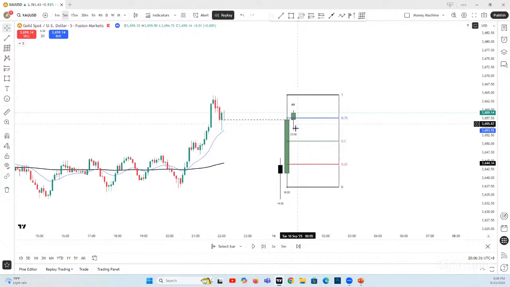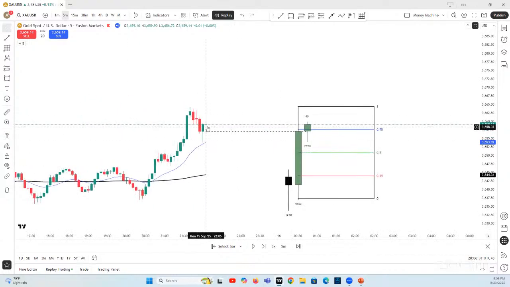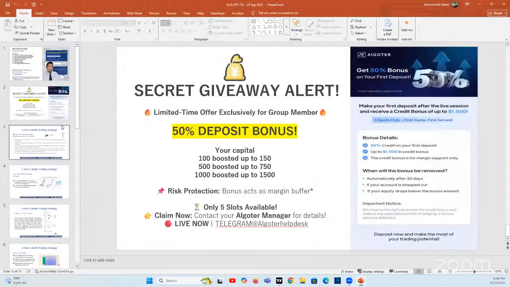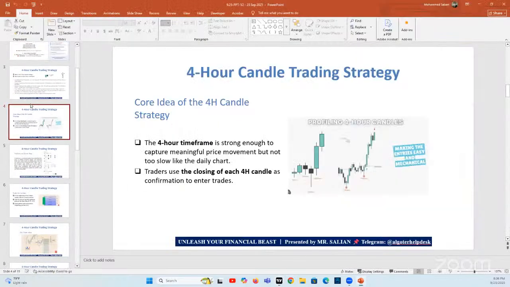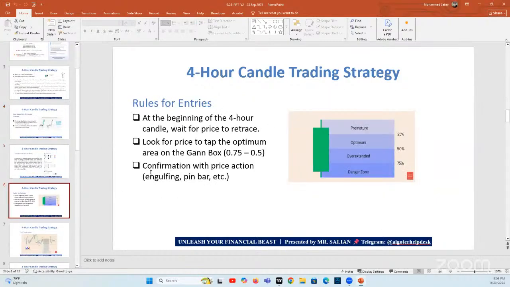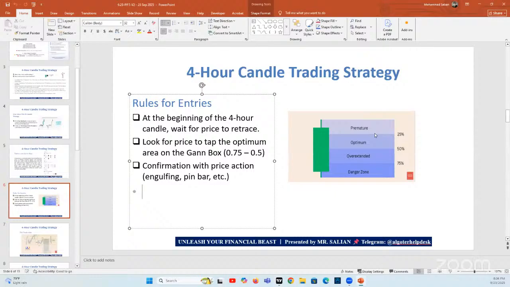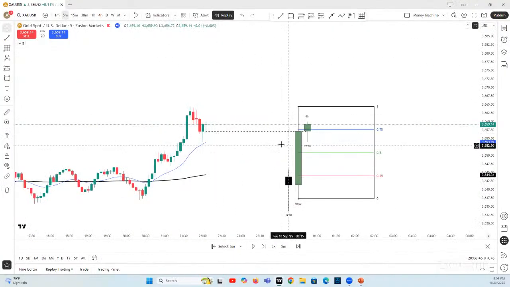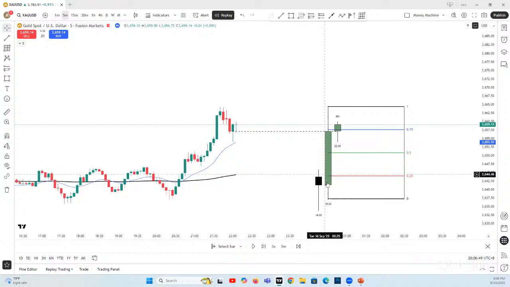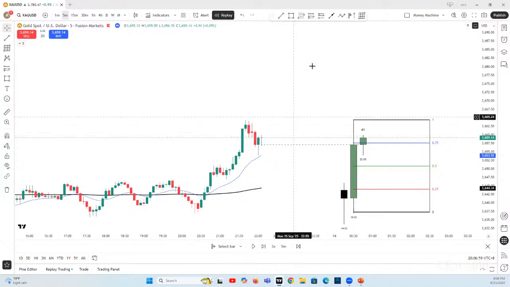Because it can go down. The price can do anything. This is a pin bar, right? This is one of our confirmations. Engulfing or the pin bar, then that will be your entry. And that's it. Because now this bullish candle in the 4 hour is giving you really this bullish sentiment. So most probably the next one will be another green candle. So once you have that, you will get your long position.